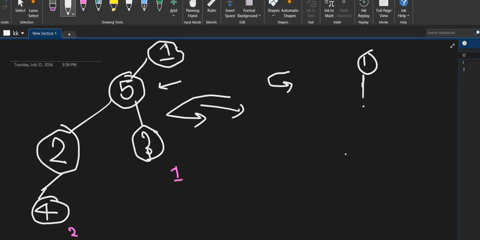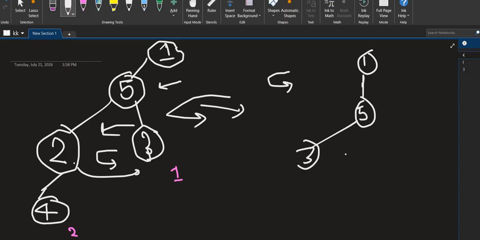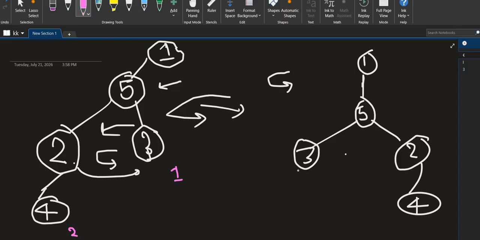1, 5. Now, since I've applied the operation, what's going to happen? This 2, as it moves like that, is going to come here, and this 3 is going to come here, right? Circular, reverse clockwise direction. So 3 is going to come here, and 2. This is 4. So this is 1